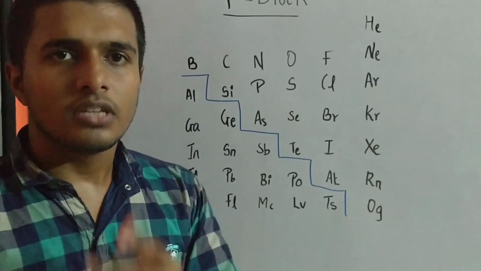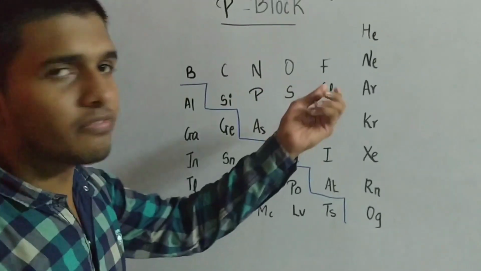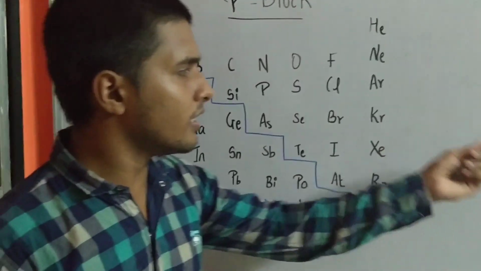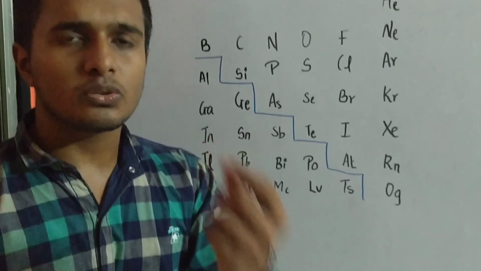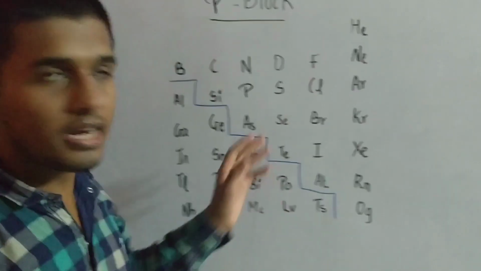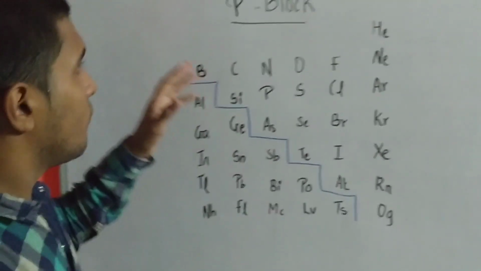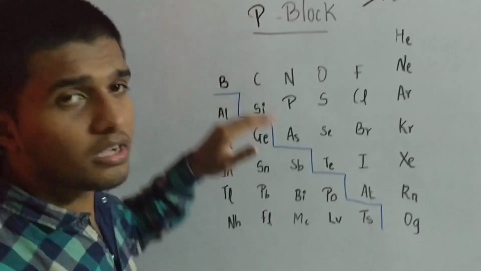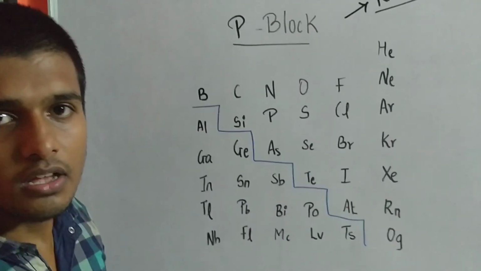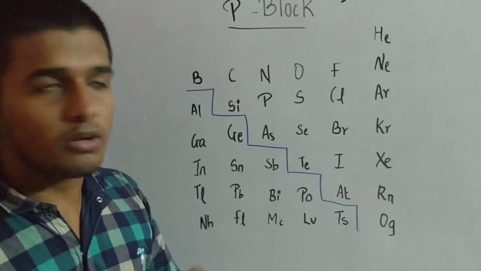Just have a note, make the structure of any element from this. You can see that in the outermost orbit there will be at least 1 or 2 electrons itself. So let's start with their mnemonics and memorizing these elements. First of all, before memorizing, P block elements have different types of variations, which I have said earlier in the S block also.